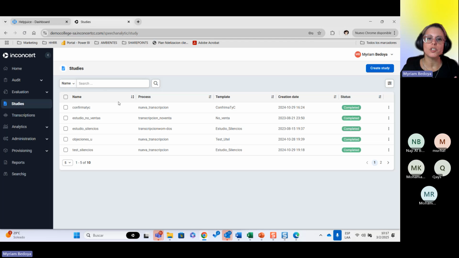But then the other thing is if you want to pick up information from the interactions that is not exactly related to quality, right? It could be, for example, the most usual cases are my client wants to identify if the competitors are being mentioned, right? The typical use case of the cable or internet services, when the client is calling you to get a best price because the competitor is offering a better price, right? So for example, you might want to understand if they are mentioning the competitor, if they are angry, if they are frustrated,